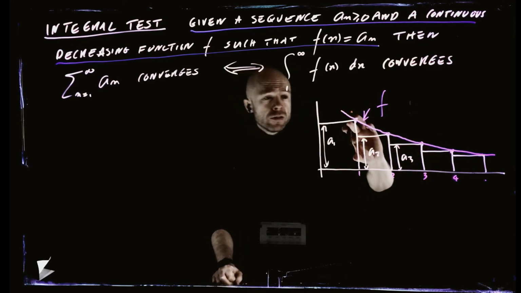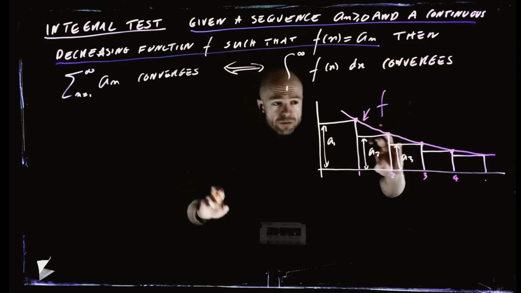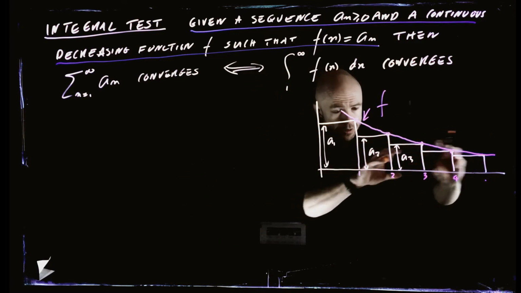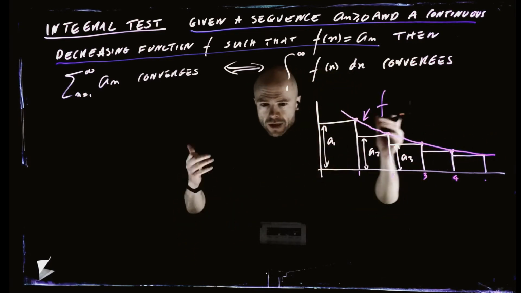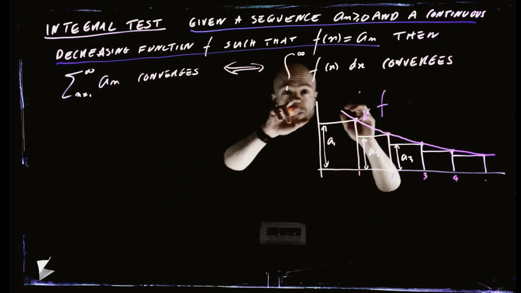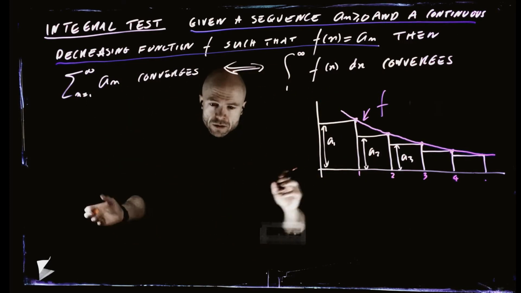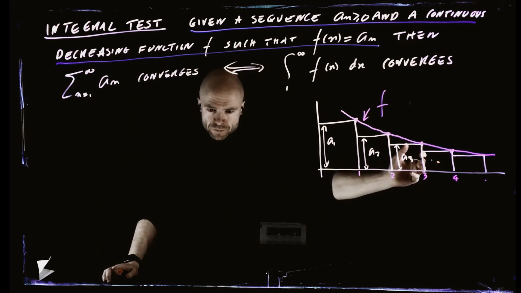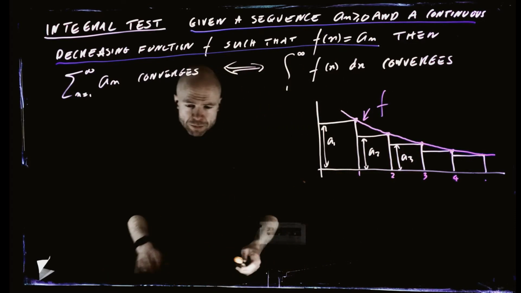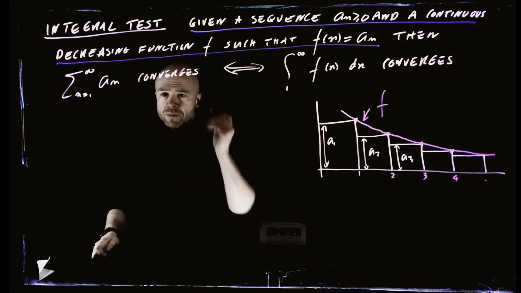So if the area underneath the graph of this function from 1 to infinity is finite, then for sure, if we add together all the areas of all these blocks from 1 to infinity, that too is finite. So it will indeed be the case that this implies this. This is just immediate from the picture. Do you see what I mean? Okay, I'm only seeing thumbs up, so I assume that's okay. So this implication